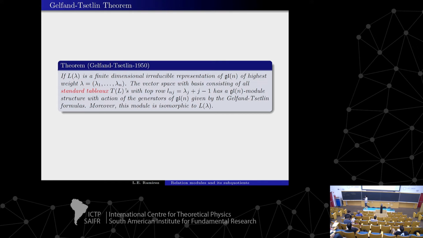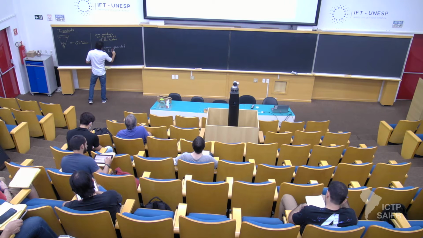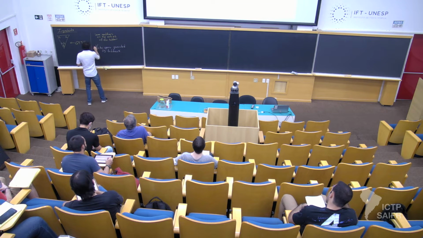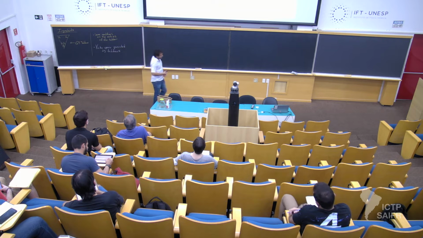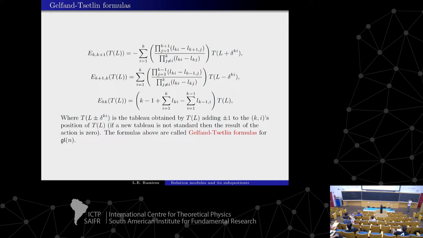So we have some vector space generated by tableaux. This is another ingredient. In this case, the finite dimensional module can be described as follows: the vector space involved has as basis the set of all these tableaux satisfying these conditions, and then the action is given by what is called the